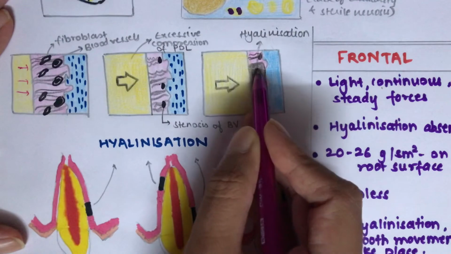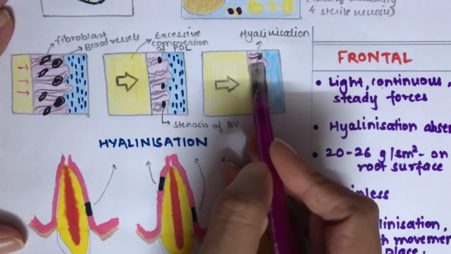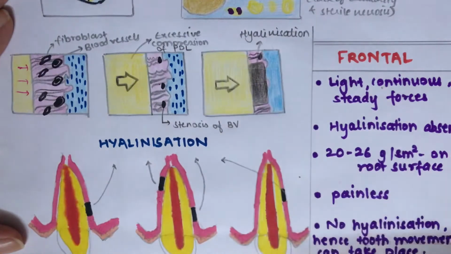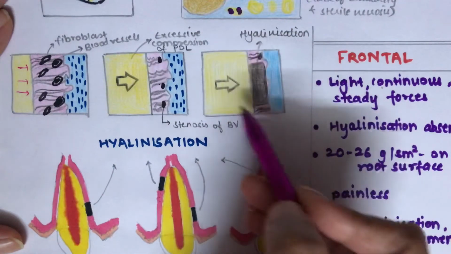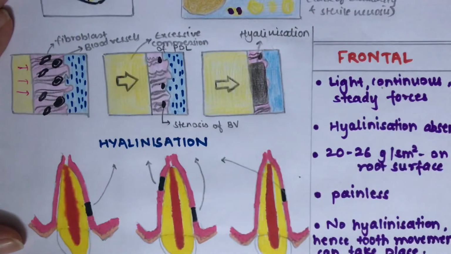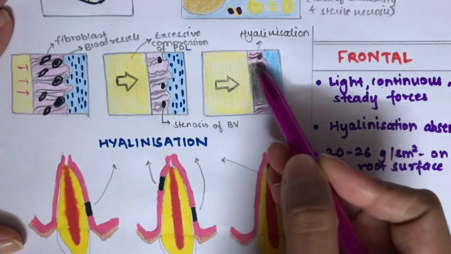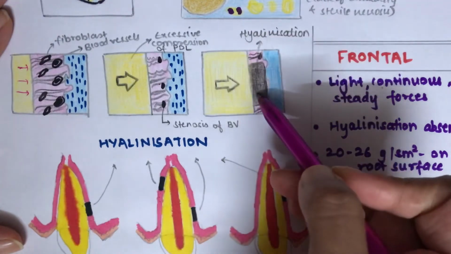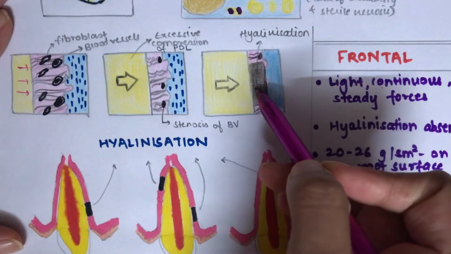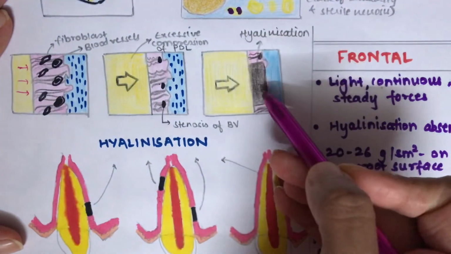This is the hyalinized tissue, which means there is necrosis of this tissue and it is becoming devoid of nutritional supply. Because the blood vessels are obliterated, this part becomes devoid of nutritional supply. As a result, there is degradation of the cellular structure and a sterile necrosis is formed, which is nothing but hyalinization. This is the hyalinized, necrosed area. As this area is dead, you won't find any cells.